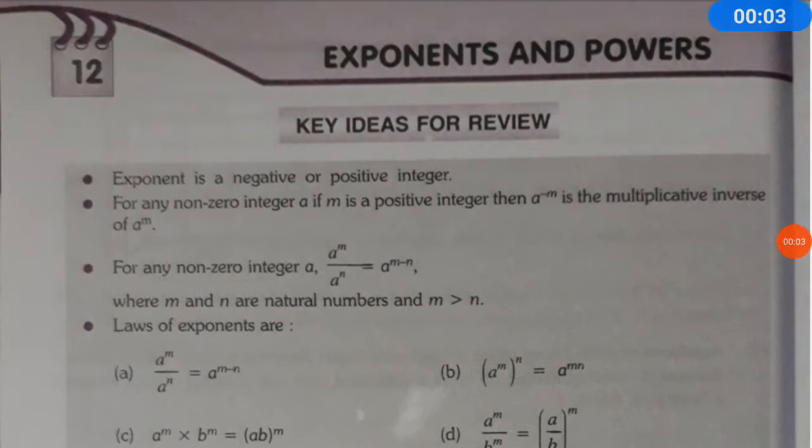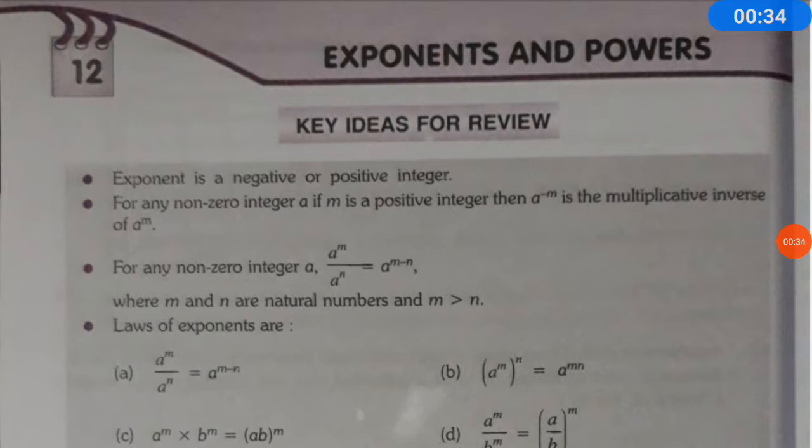Here we are going to have chapter number 12, exponents and powers. After chapter number 10, we had seen chapter number 13, direct and inverse proportion. After that, here we are seeing chapter number 12 from the workbook. As I told you beforehand also, no such questions will come from your workbook. Clear? And revision questions I will give you from Monday onwards. So here is an explanation of the chapter.